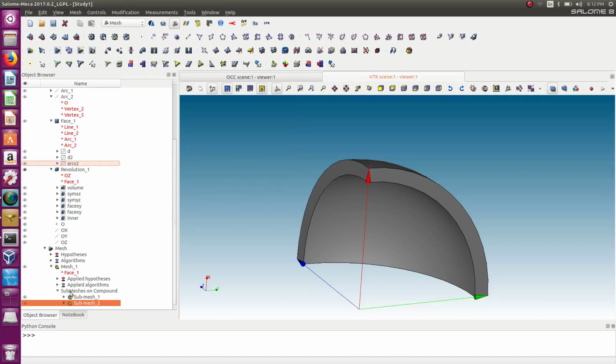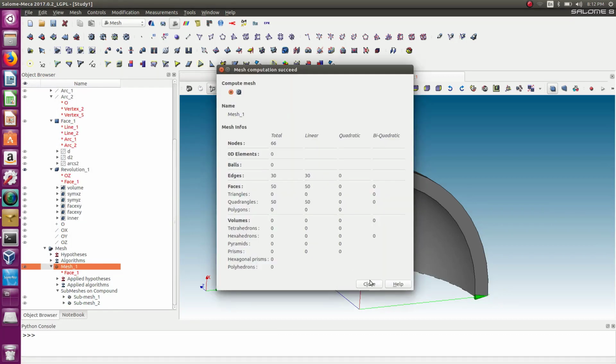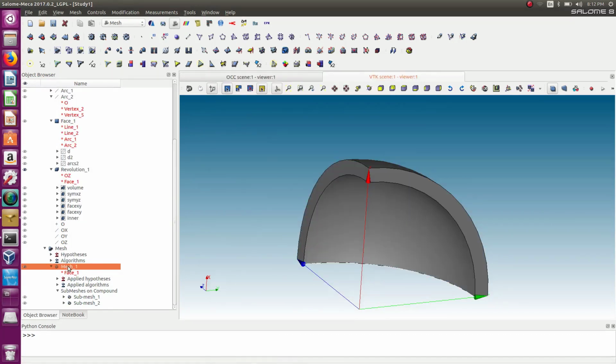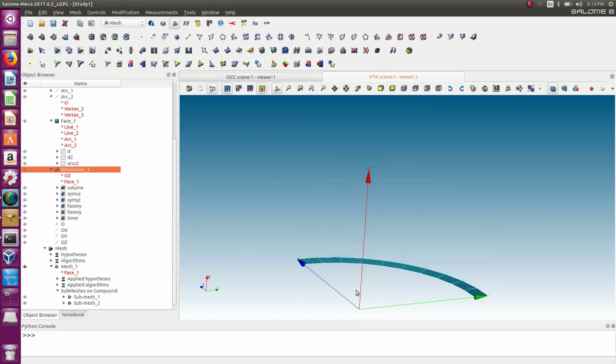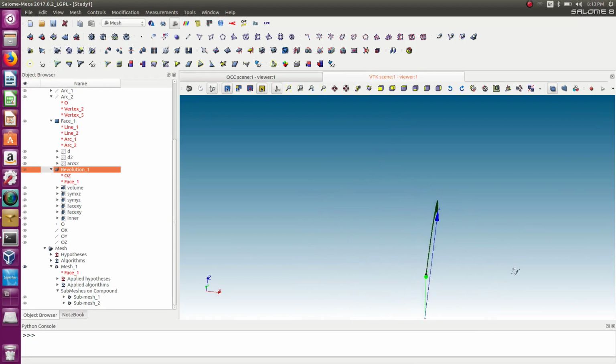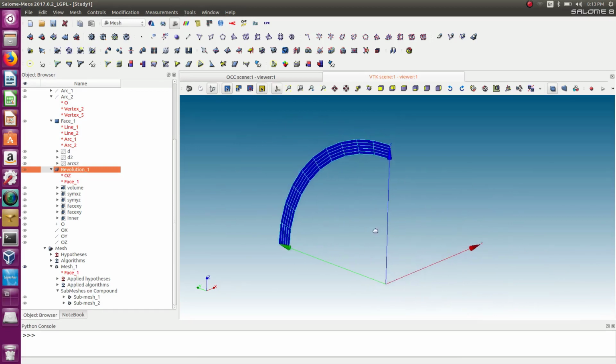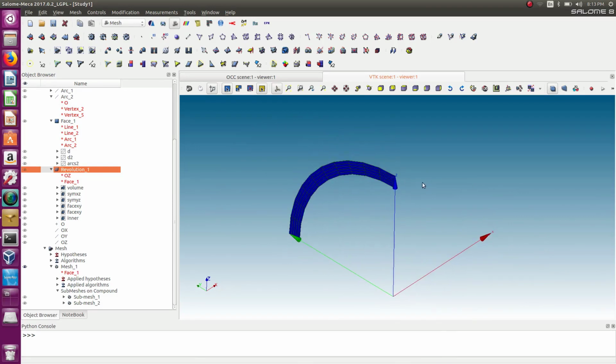Okay, I created 2 groups. Now let's just try to mesh all of that. Compute. Okay, it's not working. Okay, actually it's working. It's exactly what I wanted. Okay, so remember, I'm creating a 2D mesh here. Now the challenge is to get this into 3D, right? So I want to revolve this around this axis. So to do that,